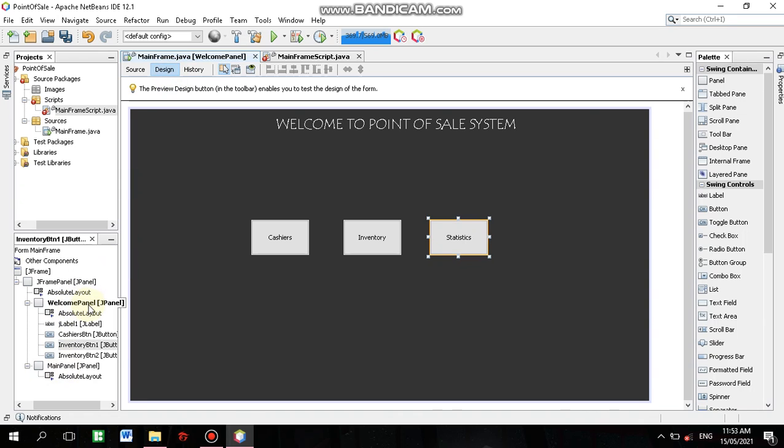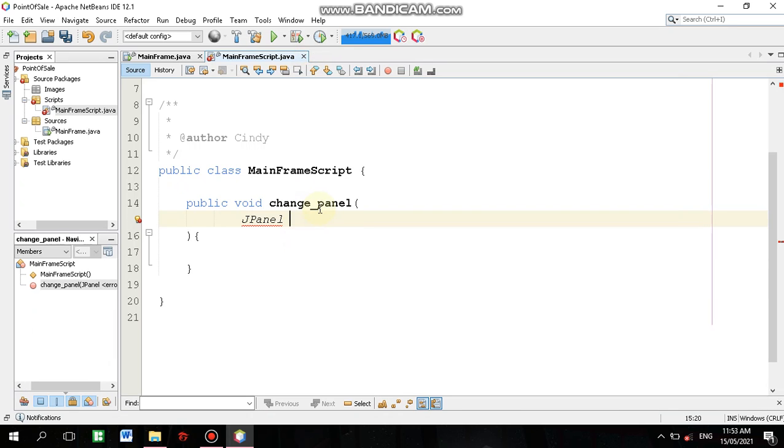So here the welcome panel or here the main panel. So we want to specify that first. So JPanel outerPanel, let's say outerPanel. Okay, outerPanel1, and then outerPanel